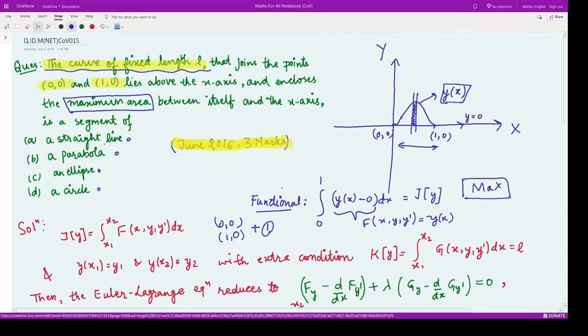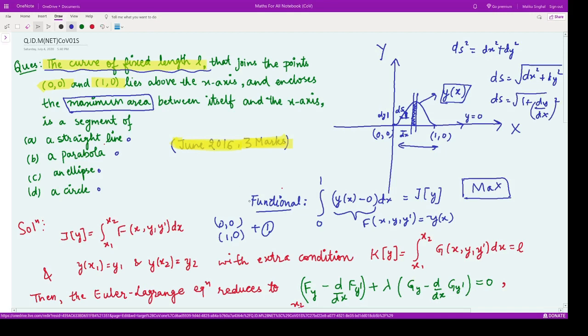If I take a very small element ds of this curve, then what would this ds be? Let me drop the perpendiculars from this point. So this distance would be dy and this small distance would be dx. Using the Pythagoras theorem, I can write ds squared is equal to dx squared plus dy squared, or ds is equal to the square root of dx squared plus dy squared, or I can write ds is equal to the square root of 1 plus (dy/dx) whole squared.